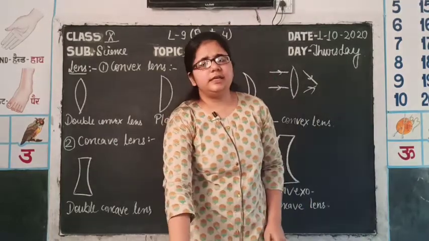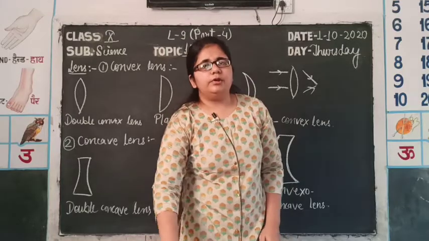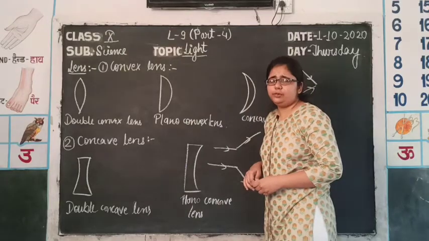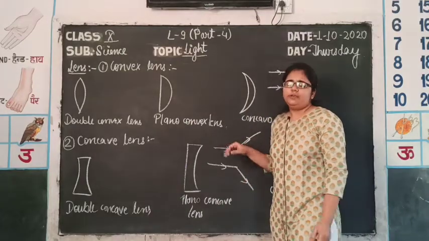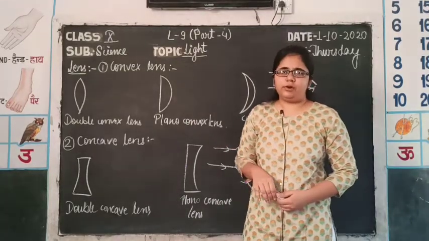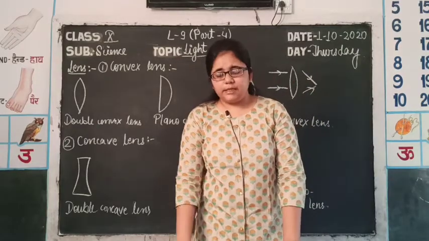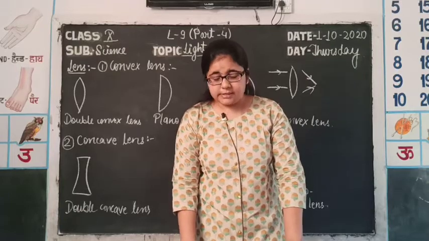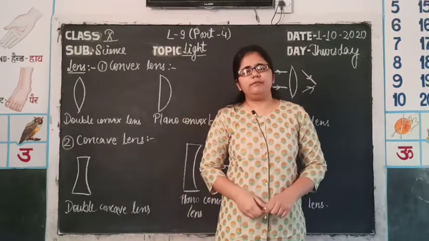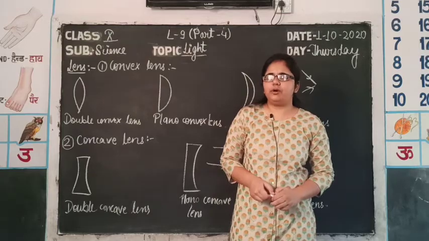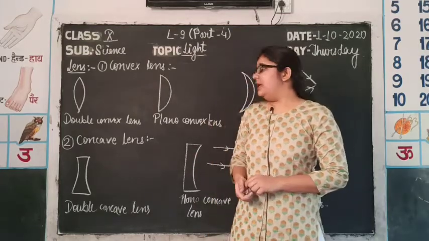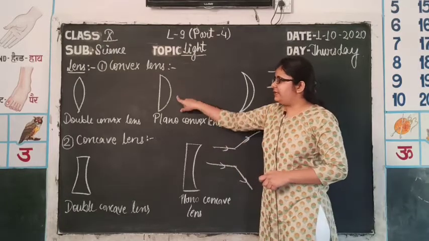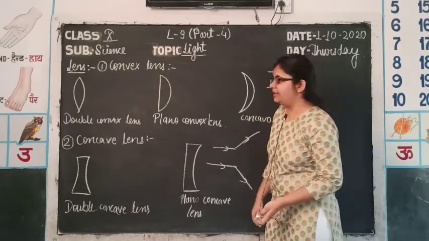As we have studied in the mirror about some basic principles and basic terms related to the mirror, now in lens we will also study some basic terminology and then some basic principles of image formation. So first of all, the first term is center of curvature. As I have told you, a curved surface is a part of a hollow sphere in the mirror. Like that, in convex lens and concave lenses, the curved surfaces are actually a part of a hollow sphere.